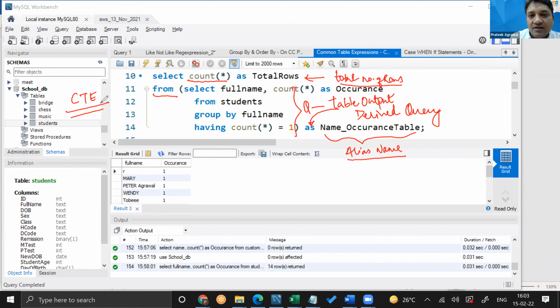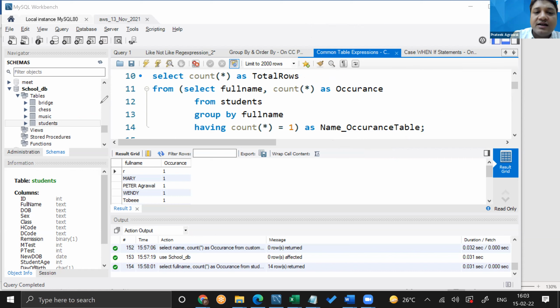It's extremely commonly used in answering some complicated business questions. But it's not rocket science to understand. The only thing that you need to understand here is that we are using the output of one query as an input to another query, because the output of any SQL query is like a table. Got it?